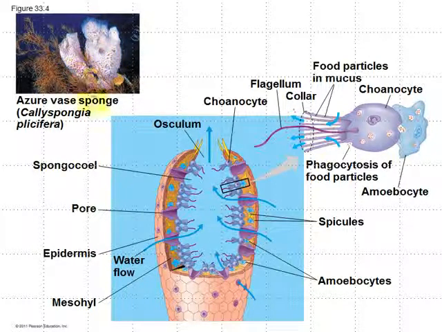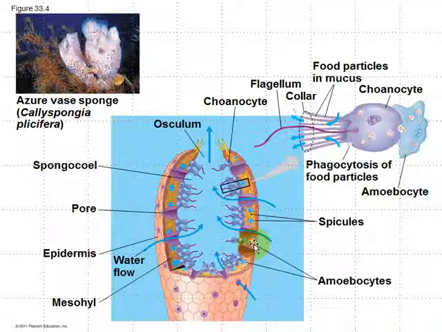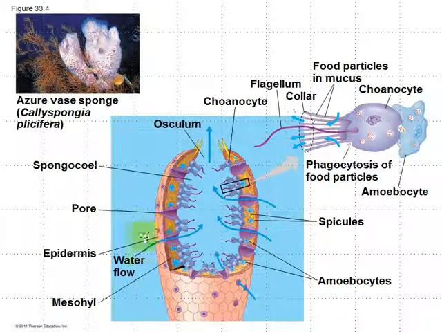If you were to examine their cells, they basically have two different types of cells. One of those is called a choanocyte, and the choanocyte is basically a cell that has a little flagellum, and it moves water through them to collect food and to aid in bringing in food and materials that the cells need. And then the others are called amoebocytes, and these little amoebocytes are indicated right here. The amoebocytes sort of act like everything else that the creature needs. They can move around throughout the entire body, and they can also change and become other kinds of cells as necessary.